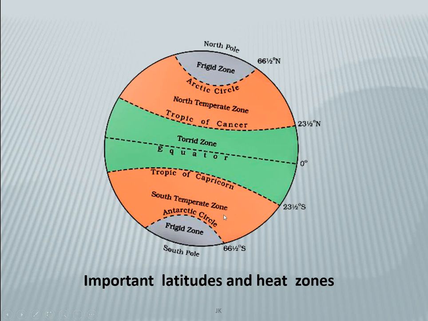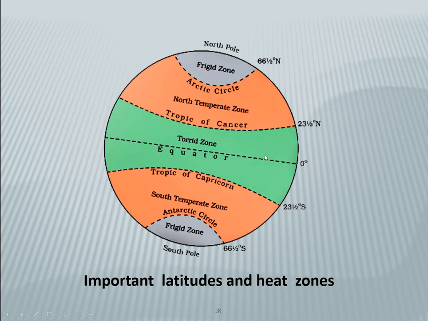under the temperate zones. These are called temperate zones because these receive slanting rays of the sun, so they have a moderate temperature. Okay, and the latitudes between 66.5 degree north of equator, from Arctic Circle to North Pole, and from Antarctic Circle to the South Pole in the south of the equator are called frigid zones. These are very cold as the sun rises barely above the horizon in these two zones. Okay, so these are the important heat zones.